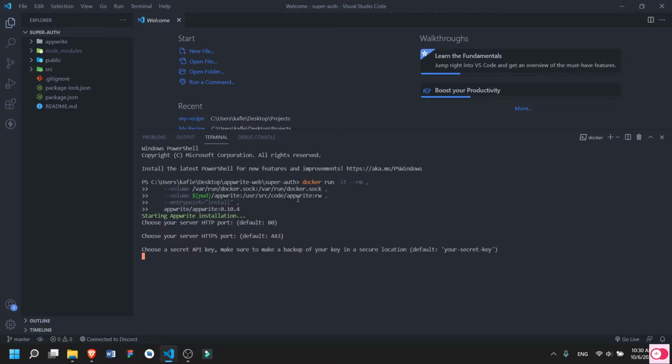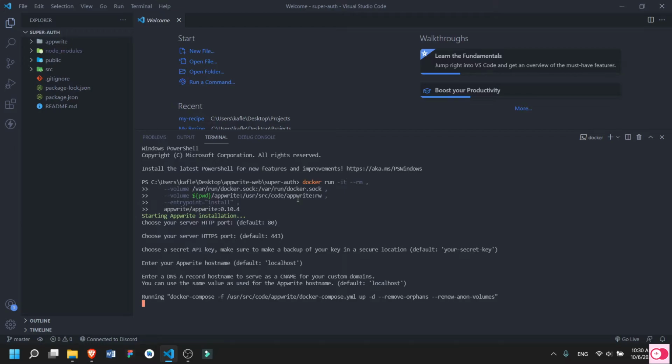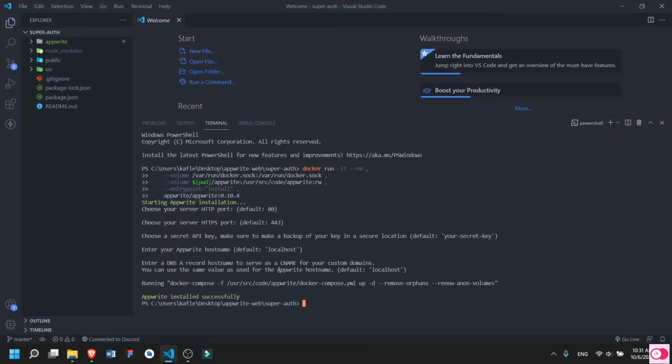Again, I will press enter to keep the default secret key, and I will keep my host name also default, and I want to keep my DNS record everything as default. Now let's wait for some time. Now here you can see Appwrite has been installed successfully.